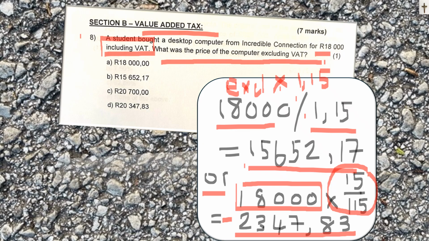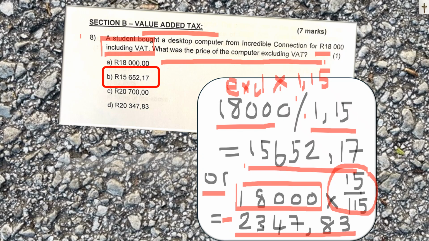15,652.17 cents. These VAT sums take a bit of practice. You either give an inclusive or exclusive or just the VAT amount. But as you practice, this will become very easy. So the answer here is B,